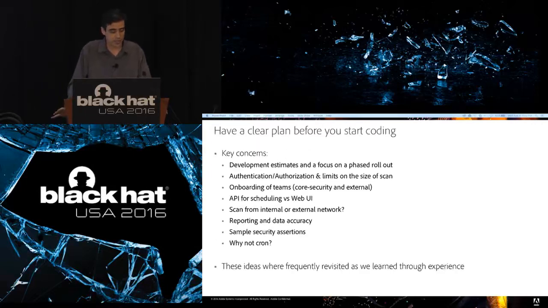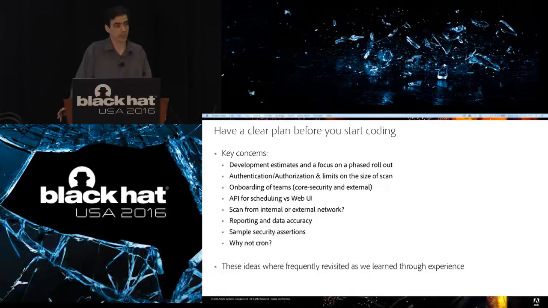I can't overemphasize having a clear plan before you start coding. So I worked with Mohit Kalra and Vijay Sahu and Mayank and Kriti and a group of people. And Mohit and I spent months designing and talking about how this thing was actually going to work before we even started putting a developer on coding it, to make sure that we had thought through all the challenges that come along with it, like how we're going to onboard people into this environment, what sort of authentication and authorization we needed,